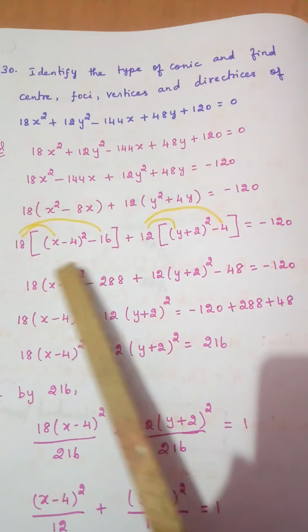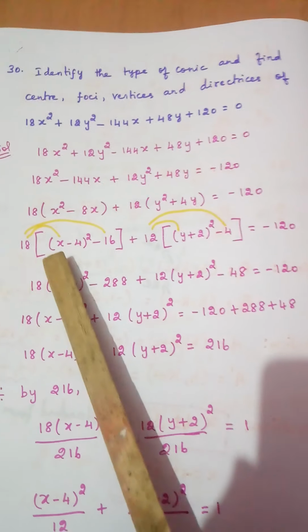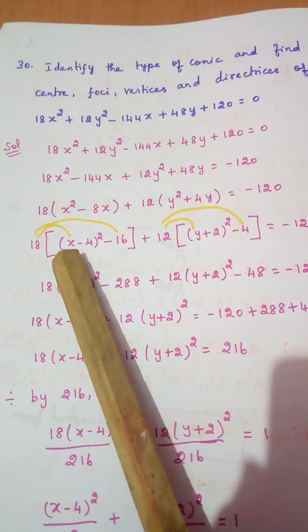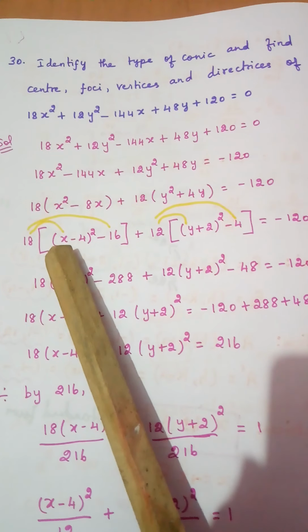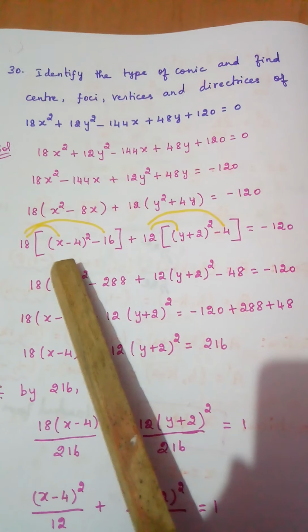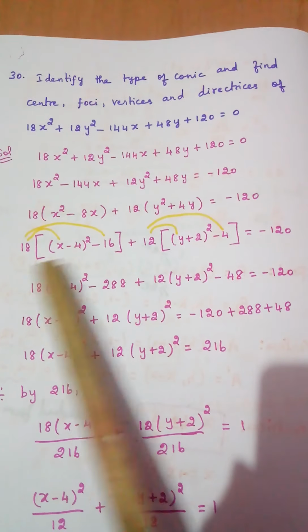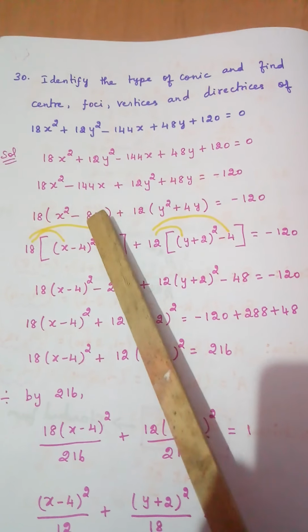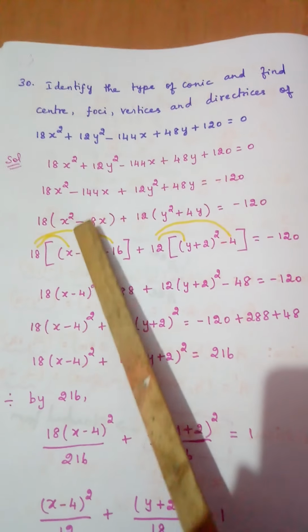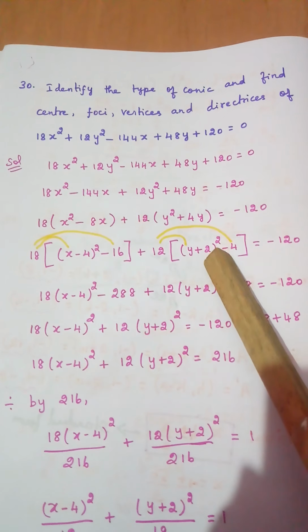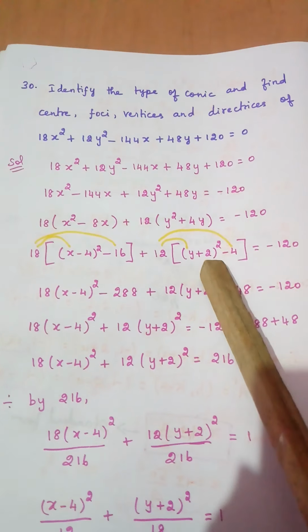This is the important step that you should understand. If you are regularly revising, or regularly reading all the problems, then definitely you will understand this. Because in parabola also we have seen what is meant by completing square method. Same thing, but we are applying it 2 times here. One, for this bracket we have applied the completing square method. For y square plus 4y, here also we have applied the completing square method.